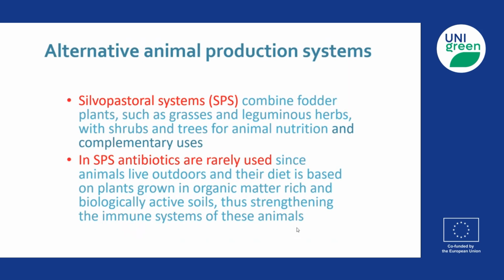And in terms of animal products, because I know I'm biased because I'm an agronomist, so sorry for those students that have more approach on animal production. We are working on the silvopastoral system. In this particular farm, they have animals for the production of milk, double purpose. And they are using a silvopastoral system that combines fodder plants, grasses, and legumes, and also trees that animals can browse. They use leucaena, for example. In this system, they use less antibiotics. And they also have research that demonstrated that they produce less methane. Methane is one of the gases that create